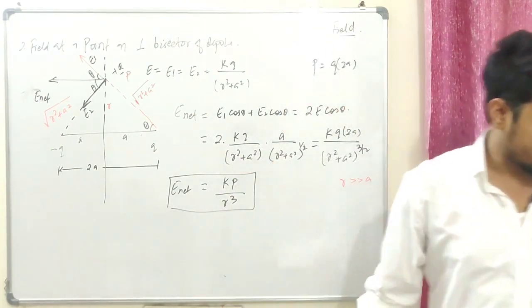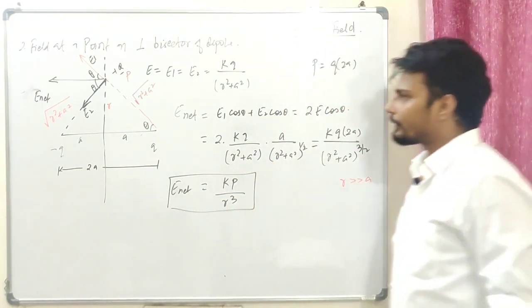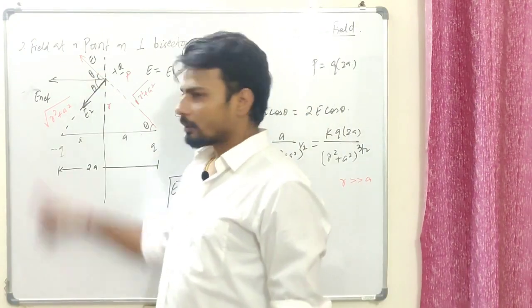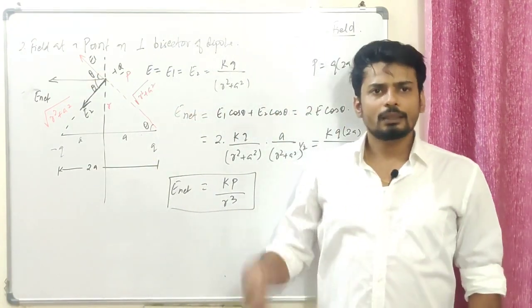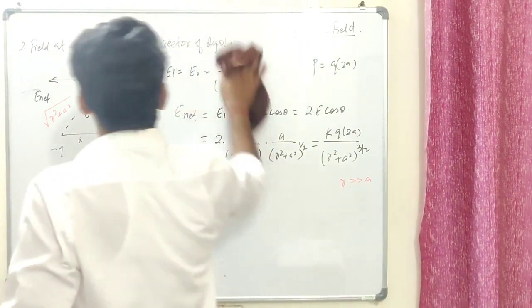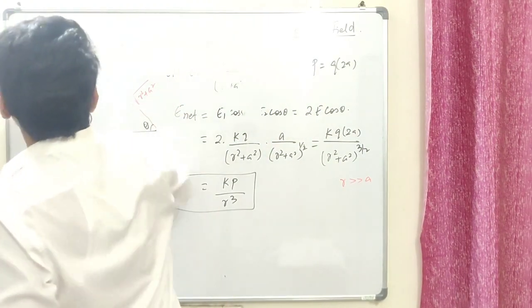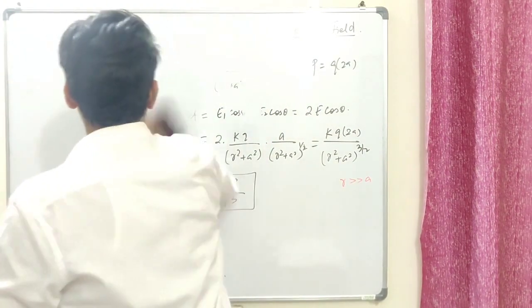Fair enough, guys. Okay, now we have done the axial and the perpendicular bisector. Now it's time to know about the general point. That's really important. If you know that, I can actually find these two things from the formulae.